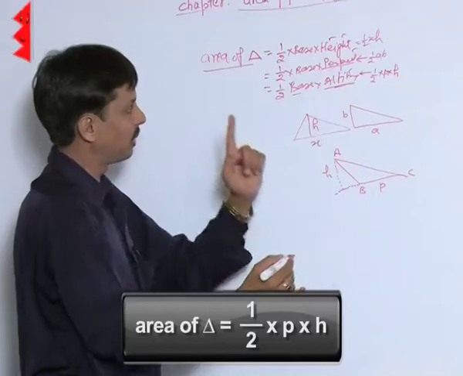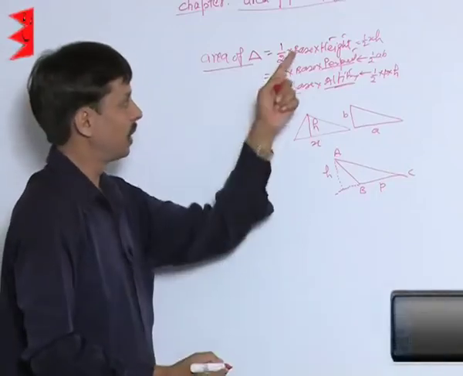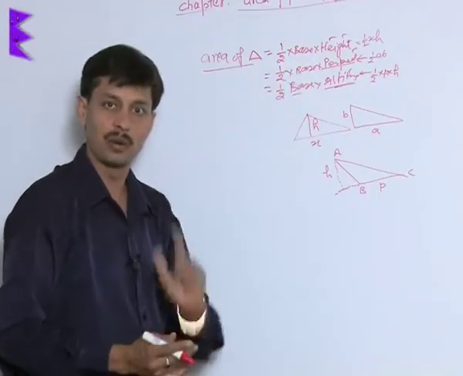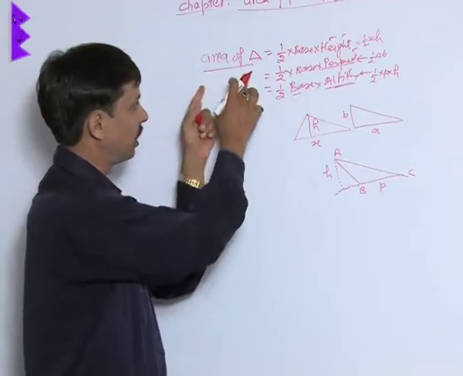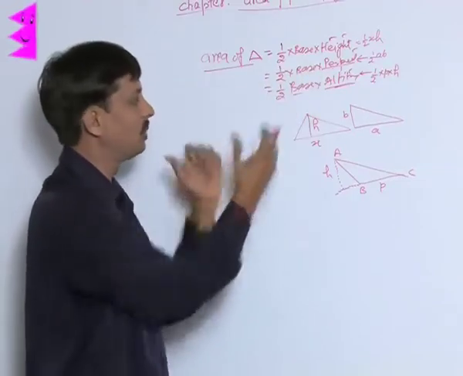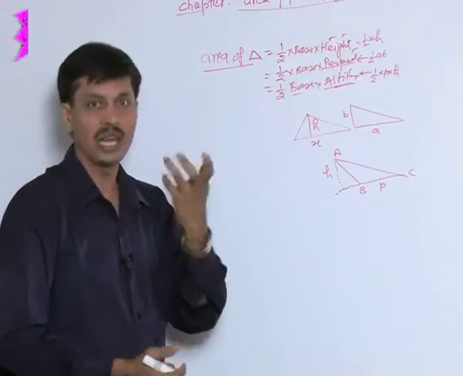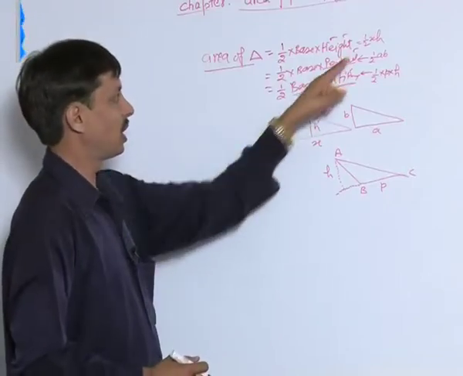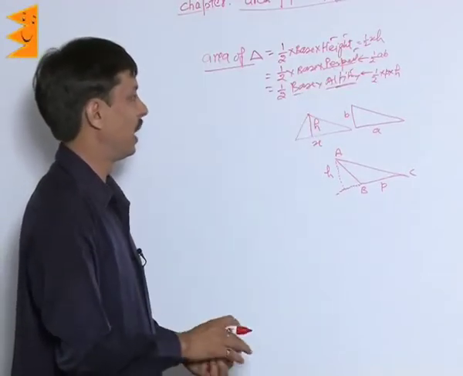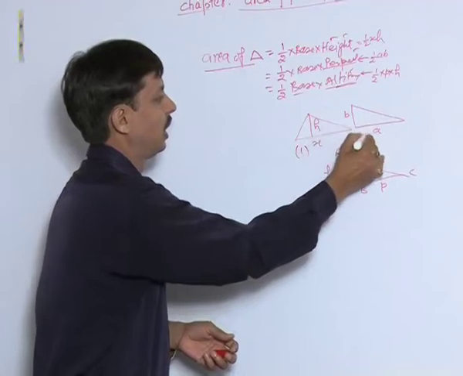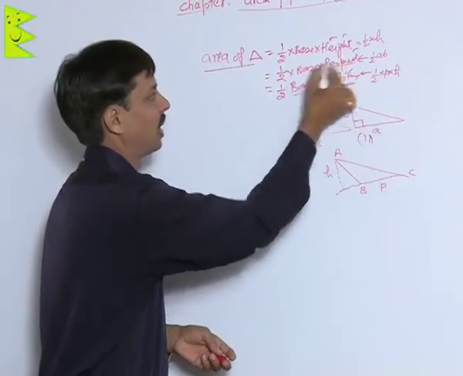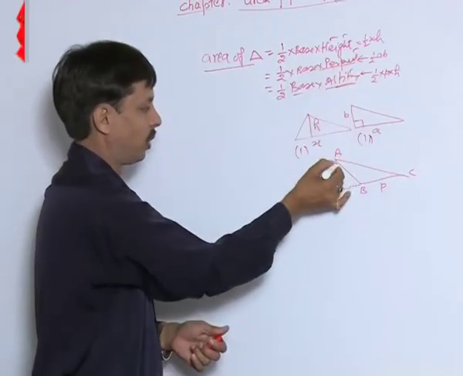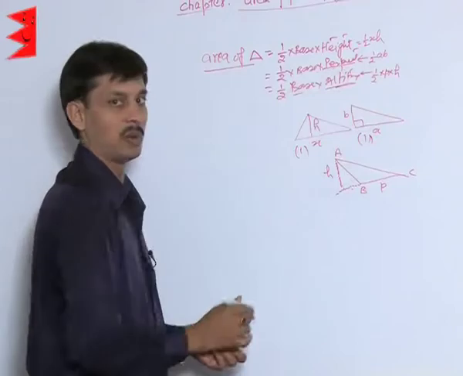So there is a specific meaning why I have written three formulas of the area of triangle that seem to be the same but each has its specific region. In the first case, half base into height. In the second case, when right-angled, half base into perpendicular, and when an altitude is drawn, the third formula.